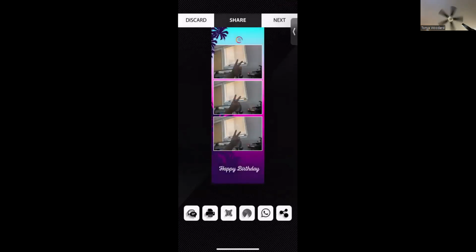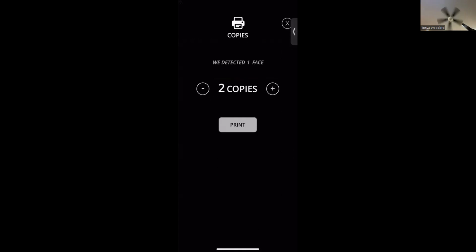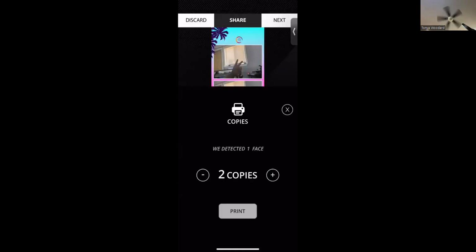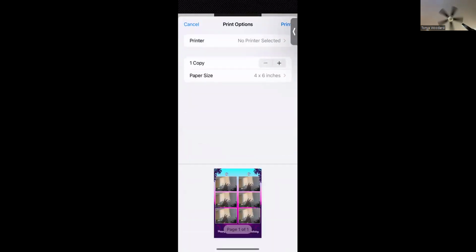And I'll show you the actual print. So I'm gonna hit print down here on the icon, asking how many copies. I'll just hit print, right? You're gonna get this with AirPrint. This will pop up. So you're gonna hit print. On the top it says no printer selected. You're gonna make sure you select the DS40. Then we're gonna hit print at the very top,